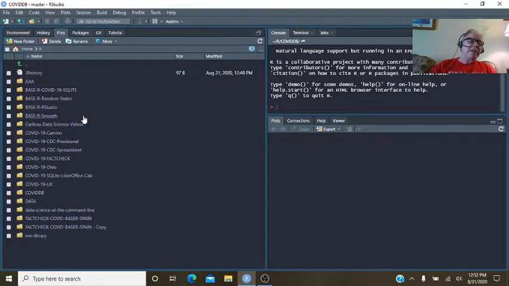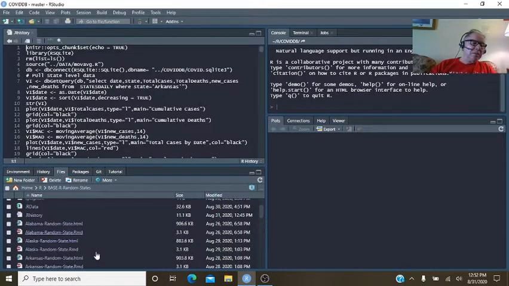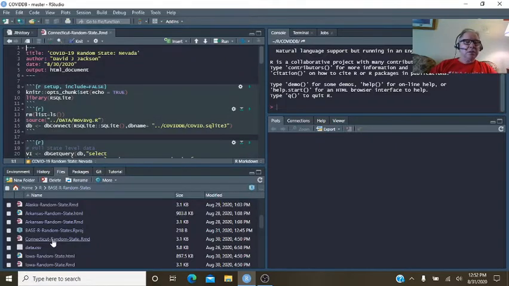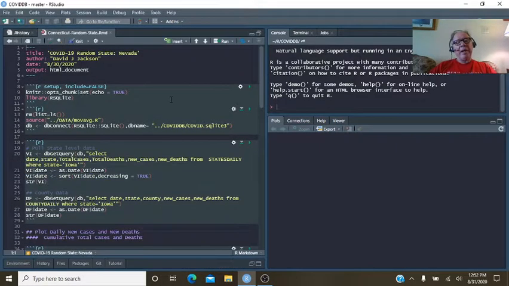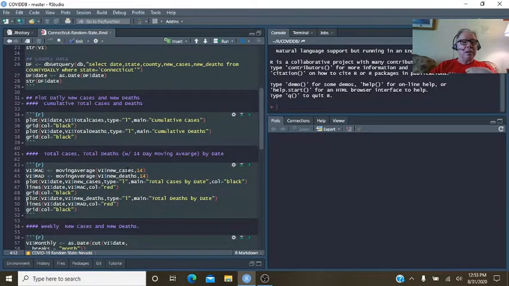I'm simply copying an existing report, changing the state, changing the date to the 31st. Let's come down here, make sure we don't need any